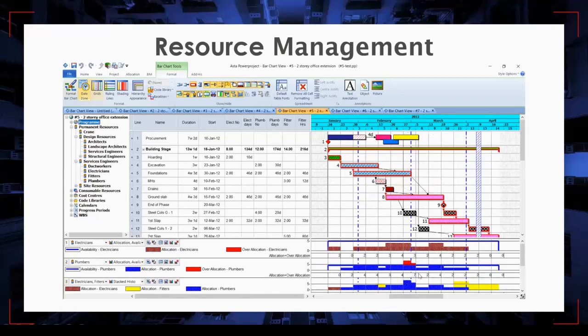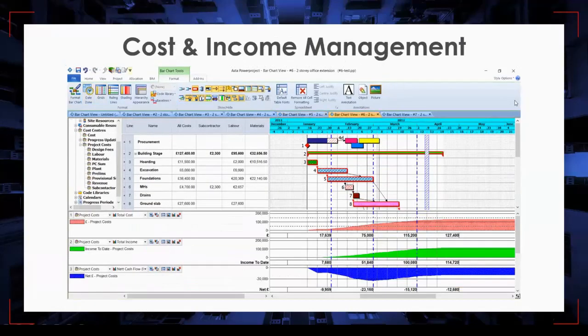You can see with the supportive histograms, we can control our resource availabilities. For the cost and income management, actually today's webinar is all about the cost and income management. We can control our project costs, project incomes, and also the net cash flow analysis with the Powerproject. We can allocate our cost and income